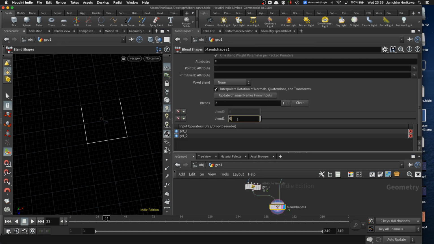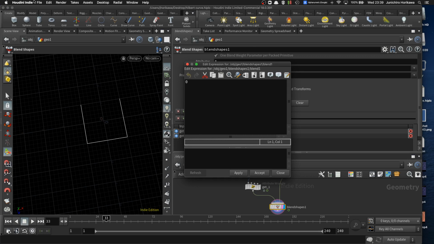So let's go back to the blend and open up the expression editor using Alt E, and let's write some expression here. Starting from the current frame divided by the end of the frame, and multiply it by